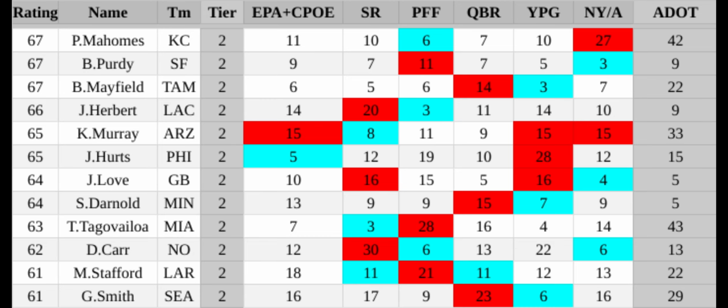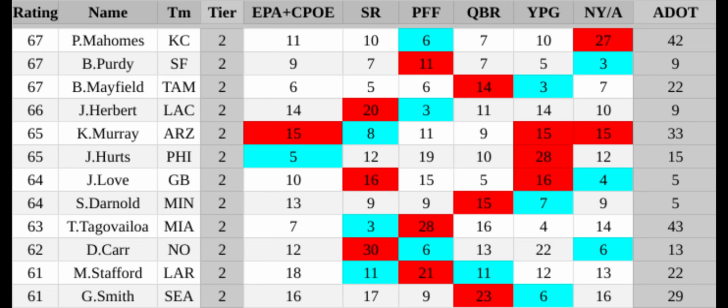Love wasn't just a bystander for the success of the team, though, because his amazing arm talent and just overall willingness to be aggressive with deep balls, as evident by him having the 5th average depth of target in the league, was a huge factor in the team's offense clicking.